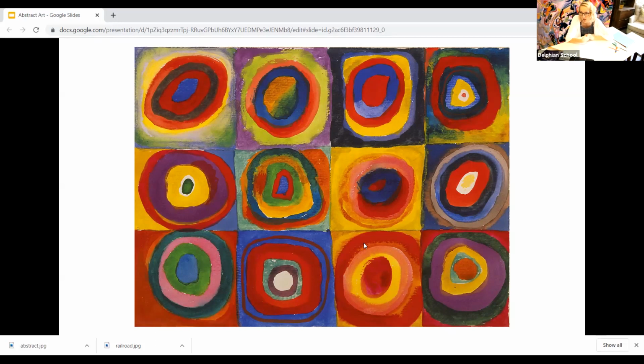Like if you put the colors red and green right next to each other, they're opposite colors, they're complementary, and if you put those two colors right next to each other, they almost like vibrate when you're looking at them. There's a lot of energy created from putting red and green right next to each other. And you see that with a few other colors too, like purple and yellow. If you put those colors right next to each other, they kind of vibrate and make this kind of